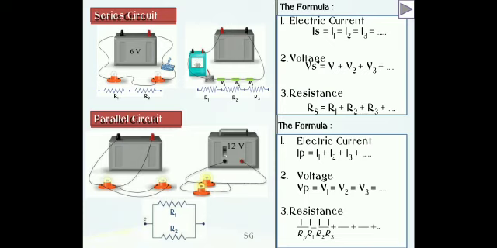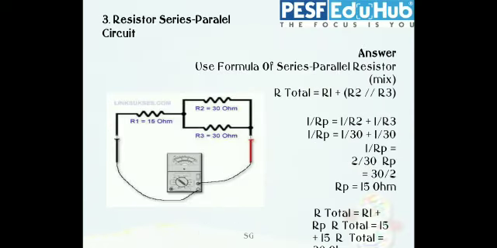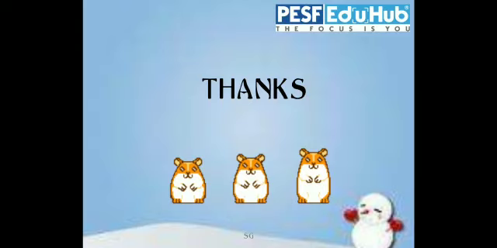So this is a very important slide. This slide includes all the equations and the connections. So I'm revising all the points. Electrical circuits are of two types: one is series and another one is parallel. In a series circuit, the current flowing through each resistance is the same and the voltage is different. But in the parallel connection, the current is different and the voltage is the same. Okay. Thank you.